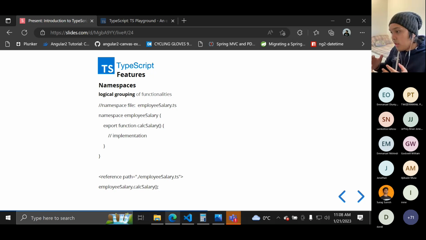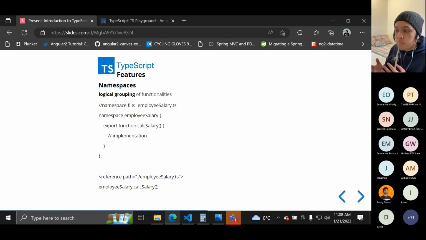So namespaces are the logical grouping of functionalities. If you have functions or variables that are related to each other and are used as a single logic, we use a namespace. For example, we have an EmployeeSalary, prefixed by the reserved word namespace, and it has a function calcSalary.